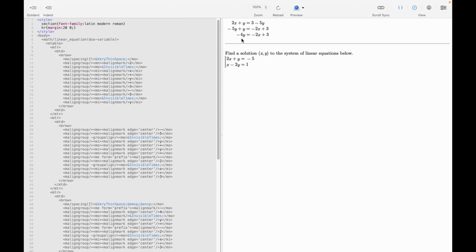Just a couple of steps, maybe one or two, to have a solution for y. Clearly we're using the math align group and the math align mark